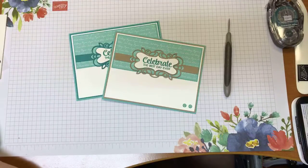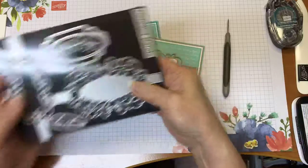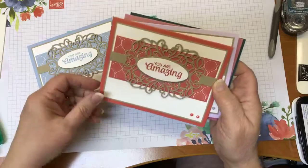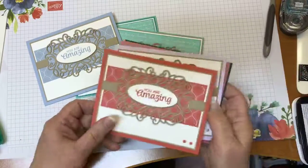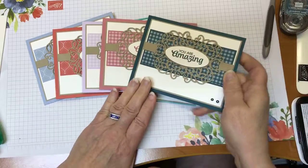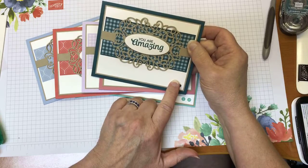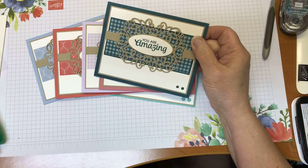Now, if you'll notice in this die set, there is this other fancy band die, and I wanted to show you a couple of cards that I made using that piece. Of course, I had to do them in all the new ink colors, so I can't just stop at one. So here it is, using the Seaside Spray, Terracotta Tile, Purple Posy, Rococo Rose, Pretty Peacock. And again, for my coordinating color, I went with the Crumb Cake as well. The embellishments on these are the In Colors Faceted Gems. And yeah, that's DSP also from the new In Color